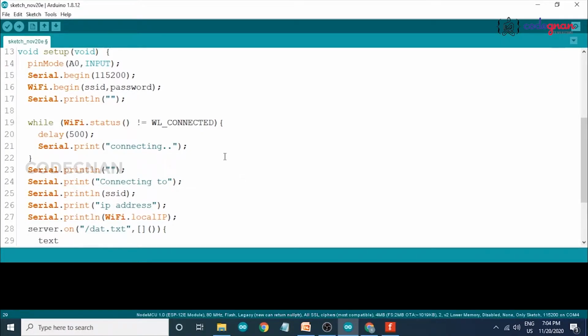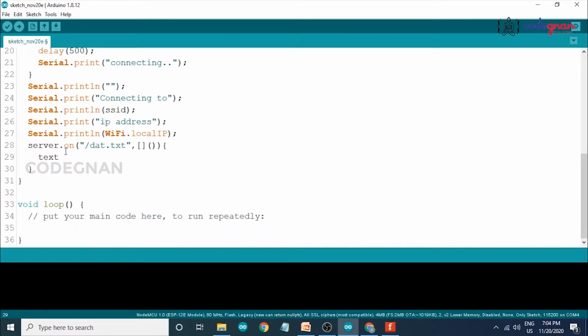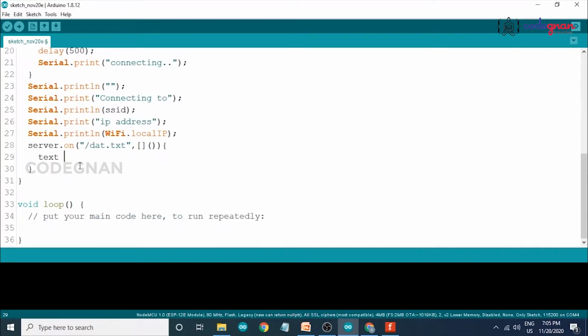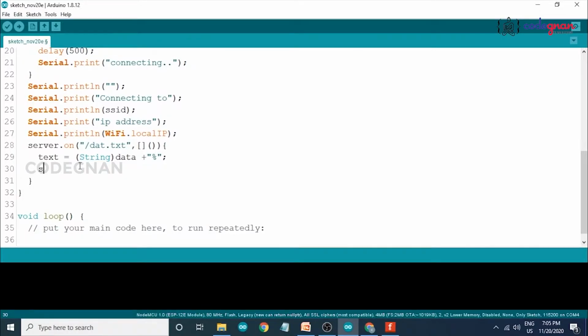These variables I defined globally, so that I can use these variables in my program. If I did not define them here, it would show an error. text equals to String data plus percentage. It will show in the form of percentage. Now server.send.